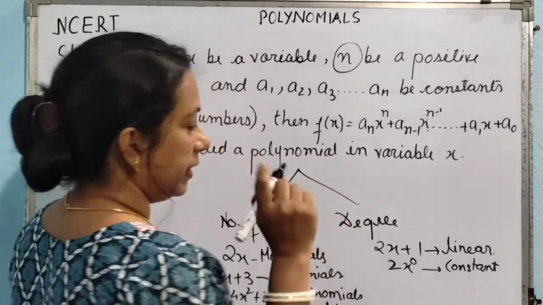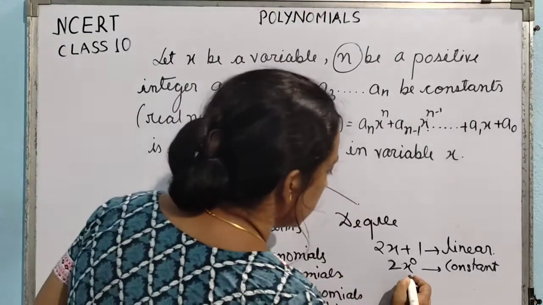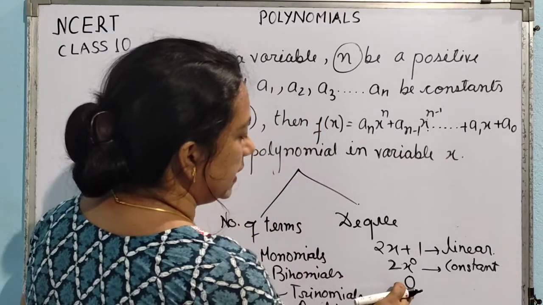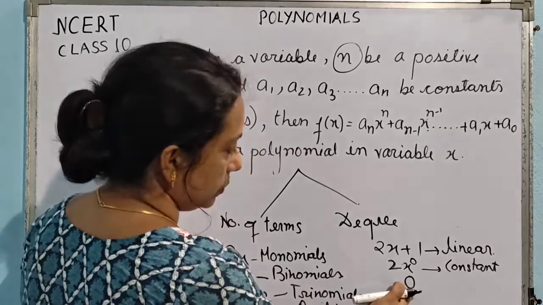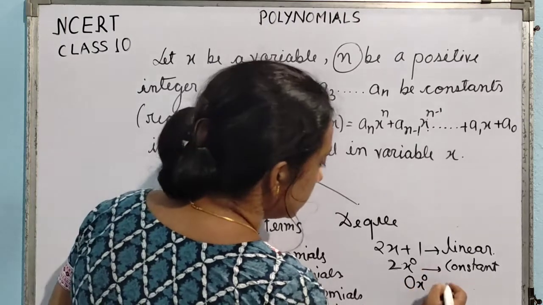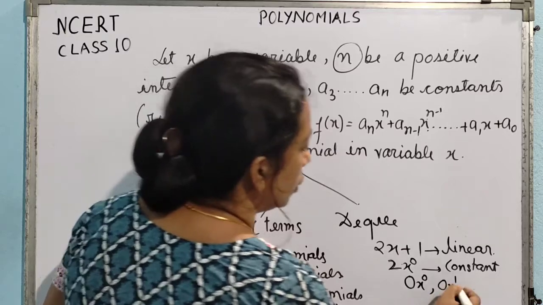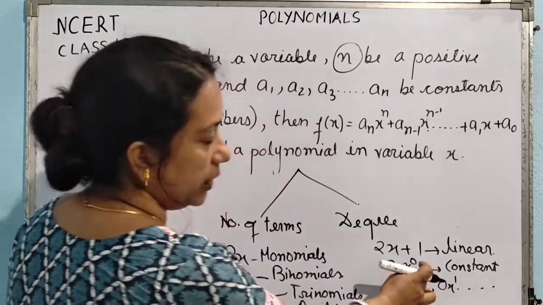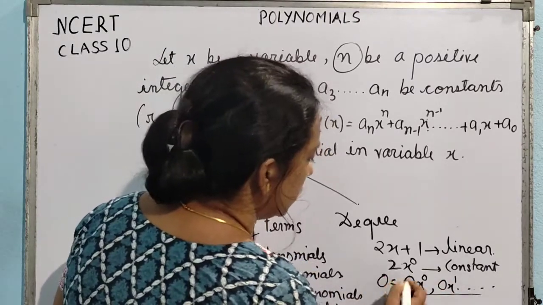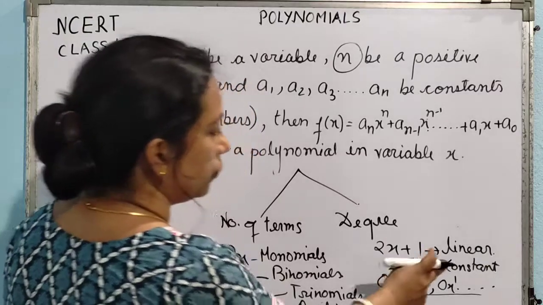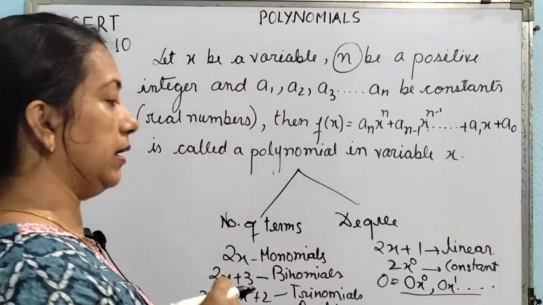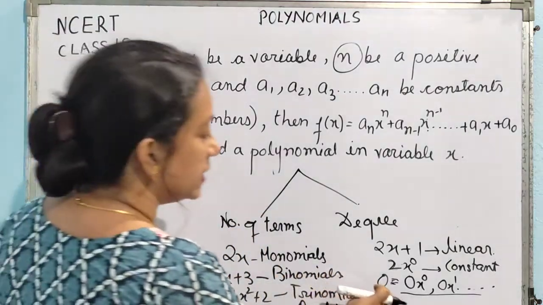Okay, now one more thing, there are some specific types of constant polynomials, that is, suppose 0. 0 is a polynomial. Why is 0 a polynomial? Because it is a real constant, and after 0 we can consider x to the power of 0, or I can consider this to be 0x to the power of 1 also. So I can go on putting different values for the powers of x. So these are special types of constant polynomials. 0 is also a constant polynomial that has one specific name, that is the 0 polynomial.